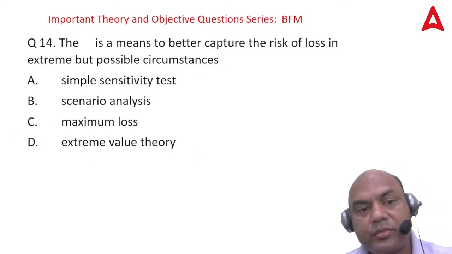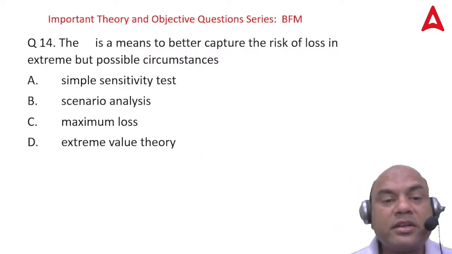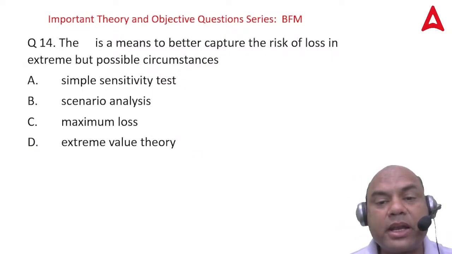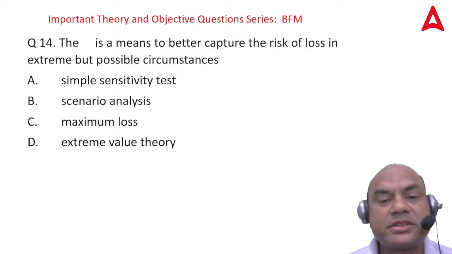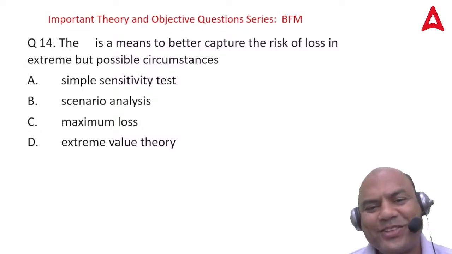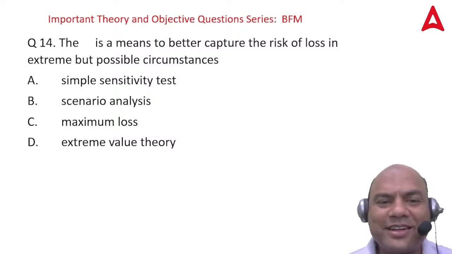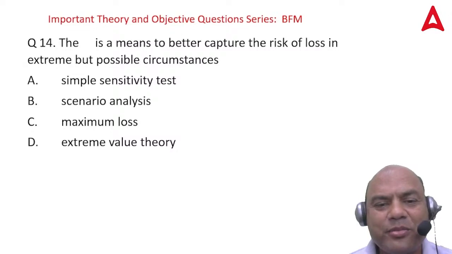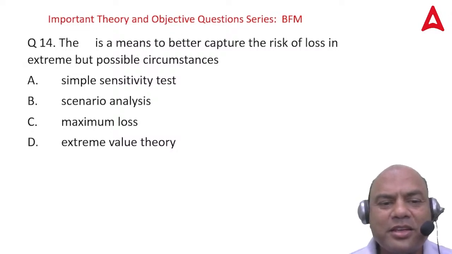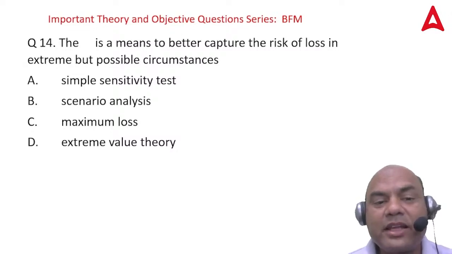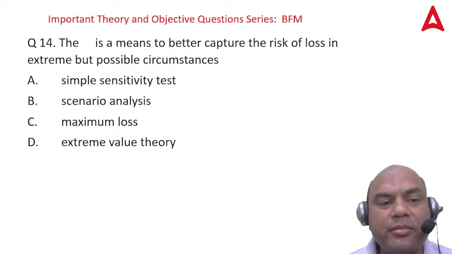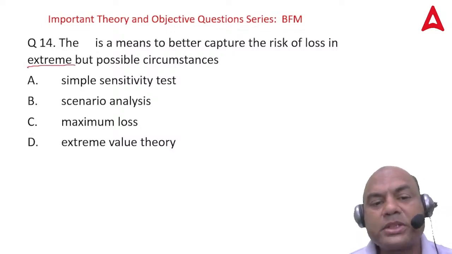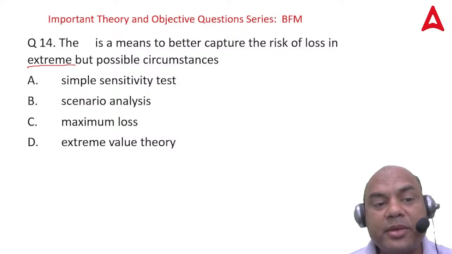Okay. The dash is the means to better capture the risk of loss in extreme but possible circumstances. Very simple now, isn't it? Now you say, sir, we know it. Move on, right? Move on. See here, the hint is also given. Extreme but possible circumstances. Extreme means